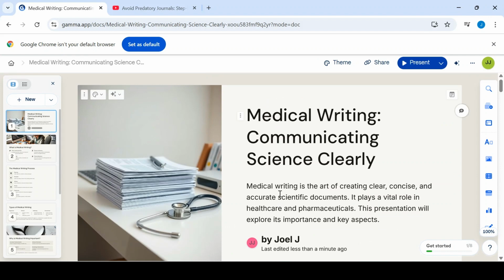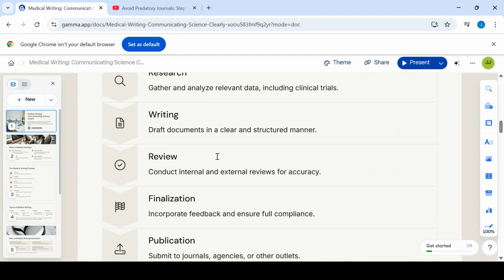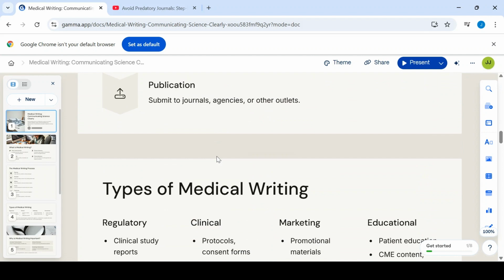You can, whenever you want, edit all the content it has provided. You can just make use of these pictures or this template. So after it has generated, you can download this presentation. If you are using a free or unpaid version, it will definitely give you a logo in that presentation once you download it to PPT. So to remove that logo, I'll give you a tip in the next.